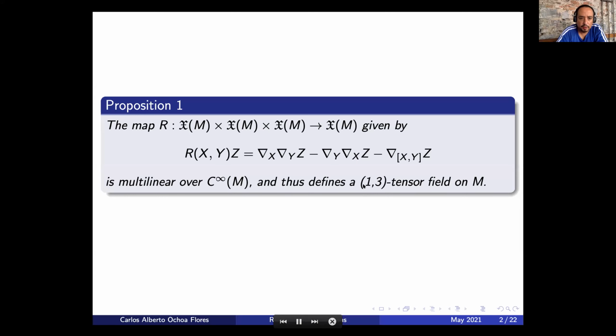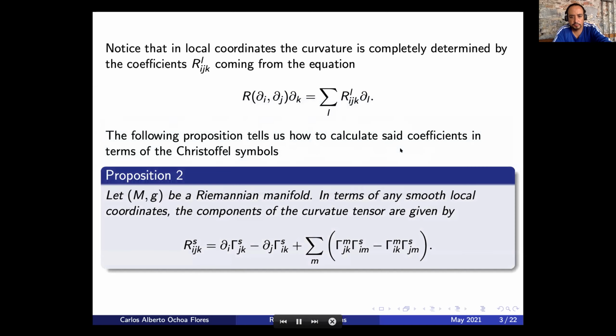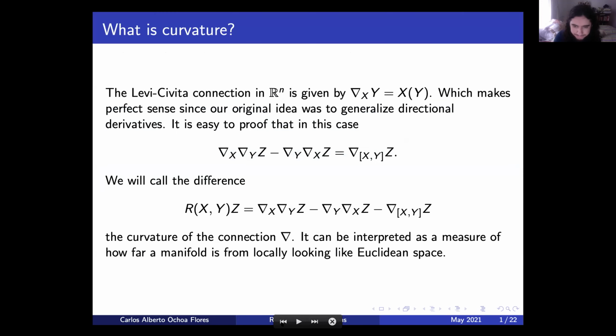So and then you can start. Oh, I forgot to put a title page for this one. Okay, so